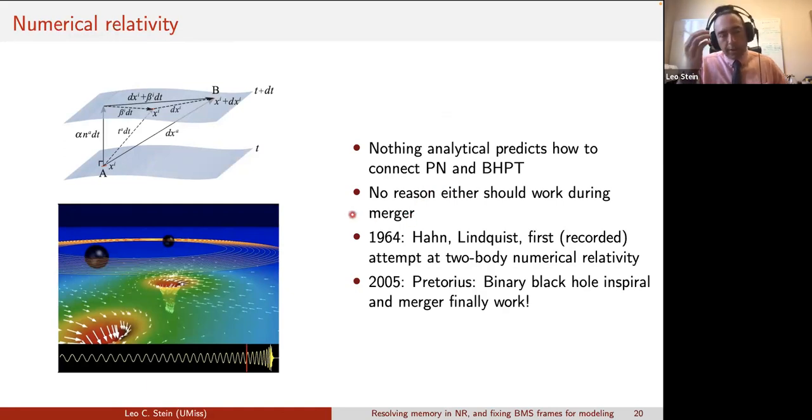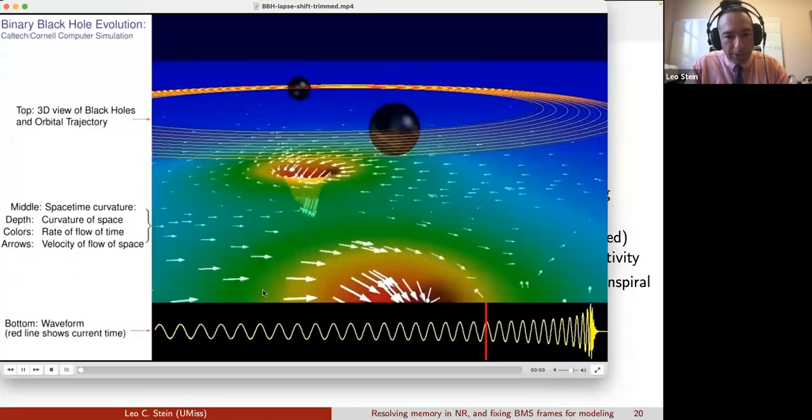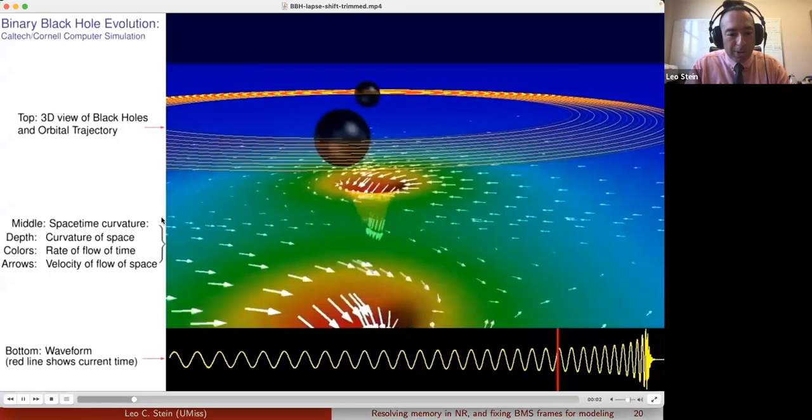And you don't have any symmetries. People have been trying to do this since 1964, amazingly. And it took until 2005 for this to actually work. So I would like to show a movie because it wouldn't be a talk about numerical relativity unless we have